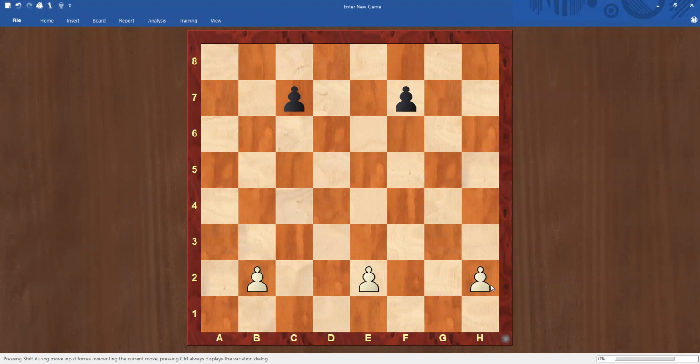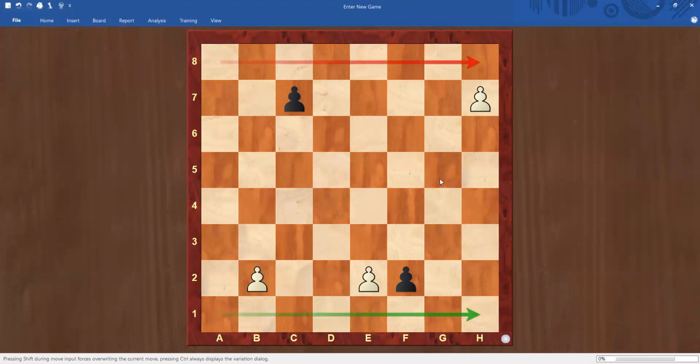So now, let's say white pawn here, he played, then he went here. Black played one move. Whenever the pawn reaches the eighth rank, similarly, let's say this pawn is here, it reached the first rank. So whenever they reach the last rank, they can promote to one more piece.